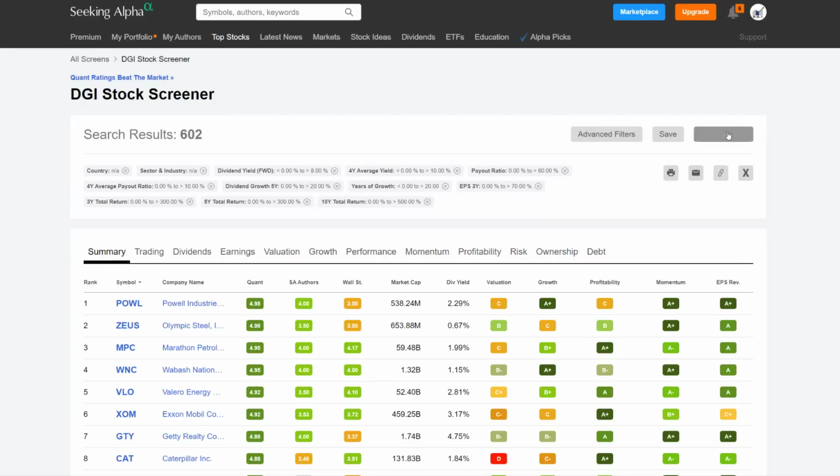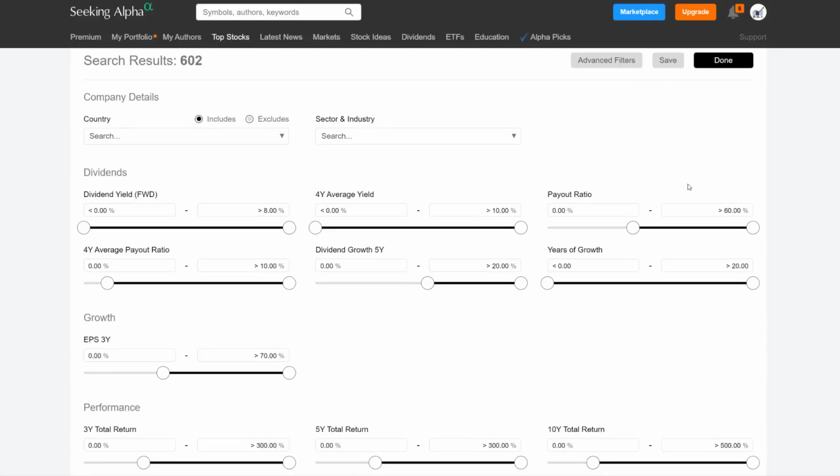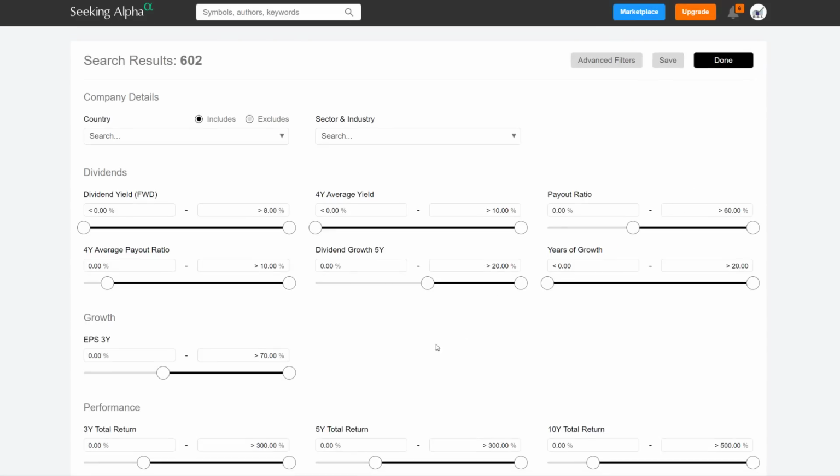Okay. Now, what I want to do is go into the filters here, and show you some things that I think about. You can filter based off of industry, based off of country. Maybe you want to invest in stocks out of Switzerland. Maybe you want to include the Nestles of the world. Sure, go for it. That's fine. You want to make sure that you take into consideration the international tax and all that good stuff. But something that you can look at here is, first off, let's see, okay,